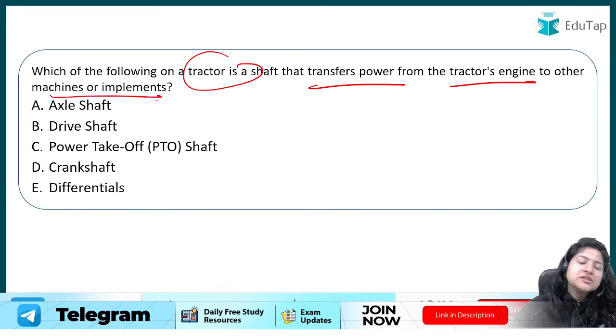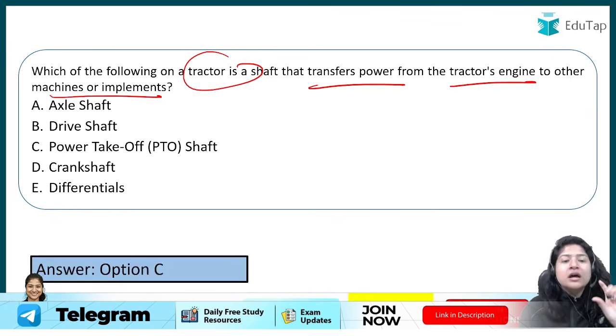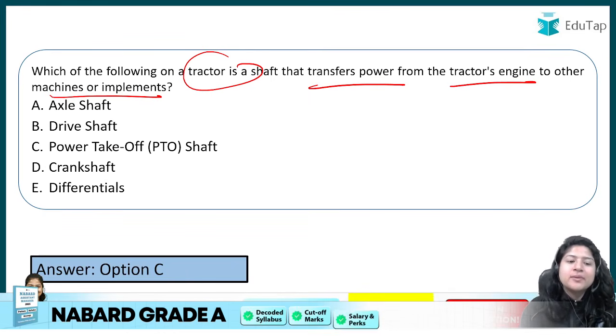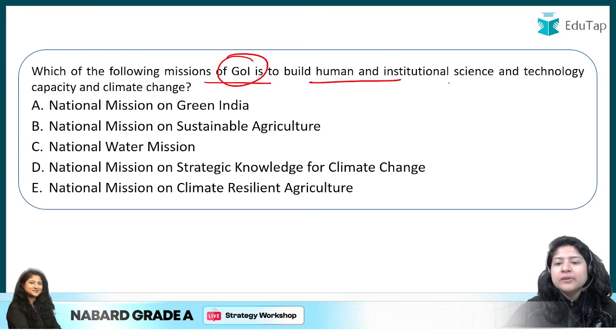tractor engine to machines and implements? Again a question from agriculture engineering. You should know what is that name that is known as, ठीक है। तो यहाँ पे Power Take Off, PTO shaft उसको बोलते हैं। Next is which of the following mission of Government of India is build human and institutional capacity in climate change science